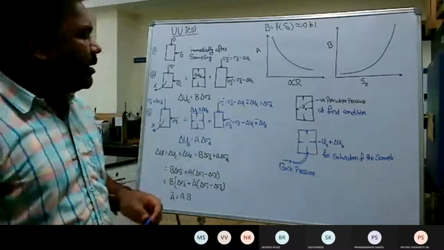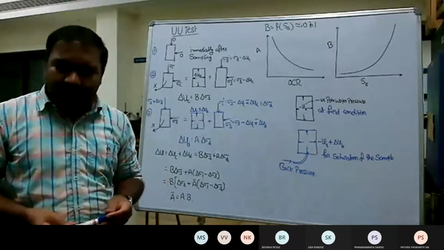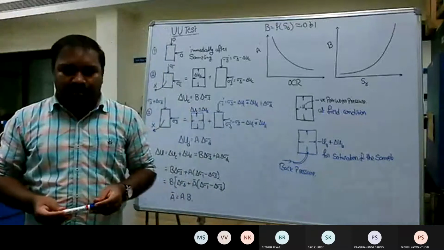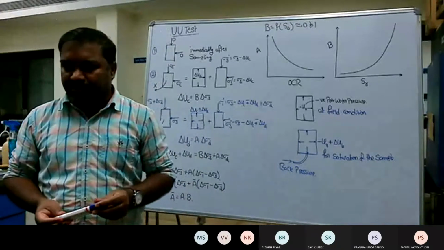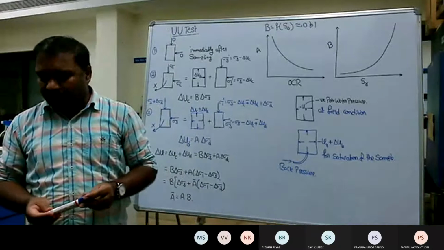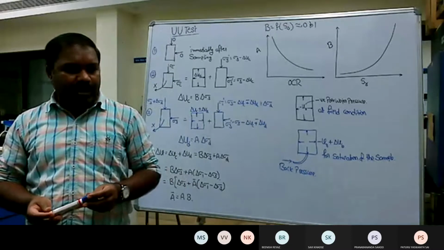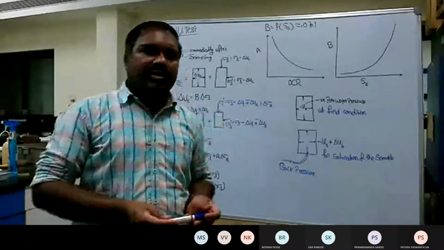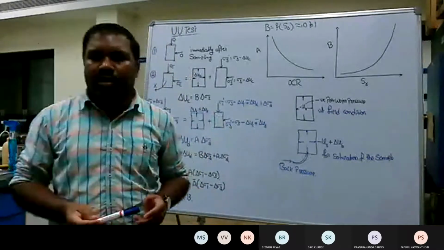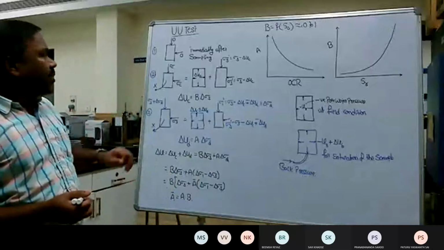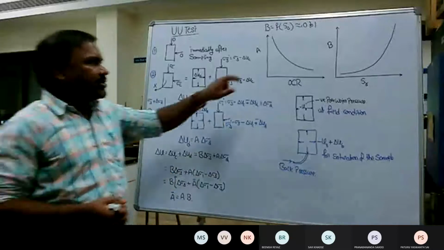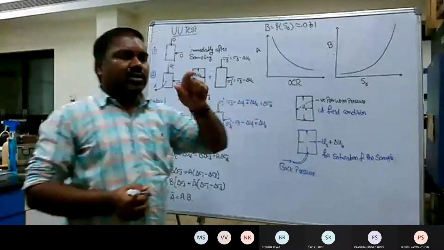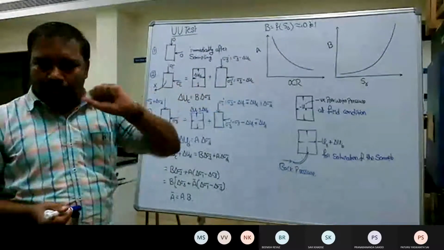testing. One of the important aspects when you deal with triaxial testing or the shear strength theory is how to determine the pore water pressure parameters. So probably, if not everyone, some of you might have already been taught a few of the pore water pressure parameters. Those are called Skempton's pore water pressure parameters. There are two pore water pressure parameters, called A and B. These are the two parameters which Skempton has proposed.